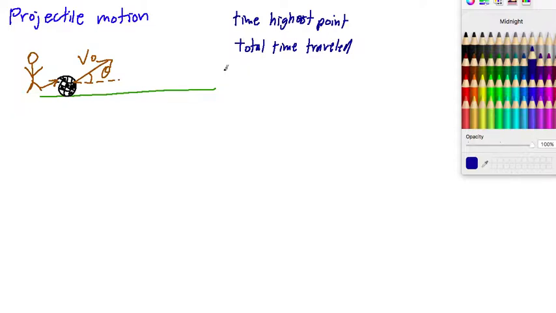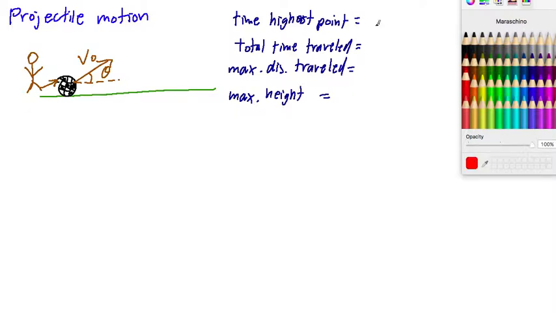We're going to find the maximal distance traveled, and also the maximum height. Maximum height reached. All right, so I'll just give you the formulas before we even begin,